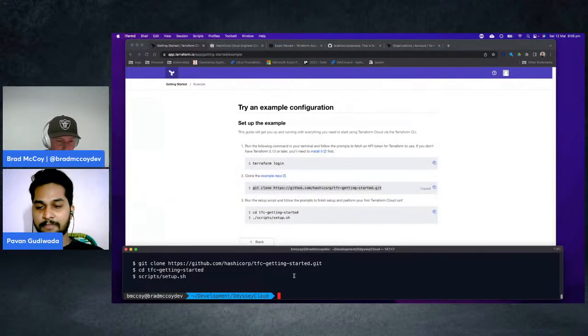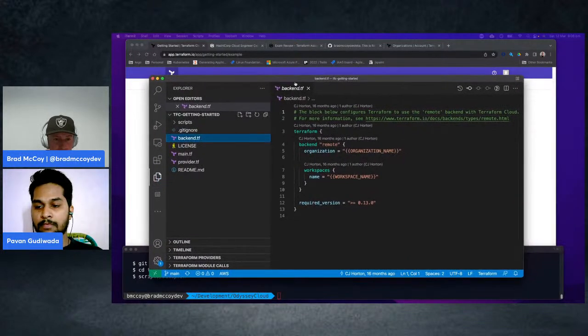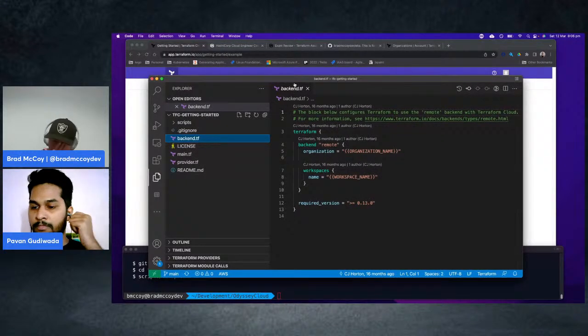And then the get started as well, let's just have a quick look at that. So we can see here it says script setup.sh. Before I do anything else in the cloud, let's just see what this does. So the backend here, you can see that,